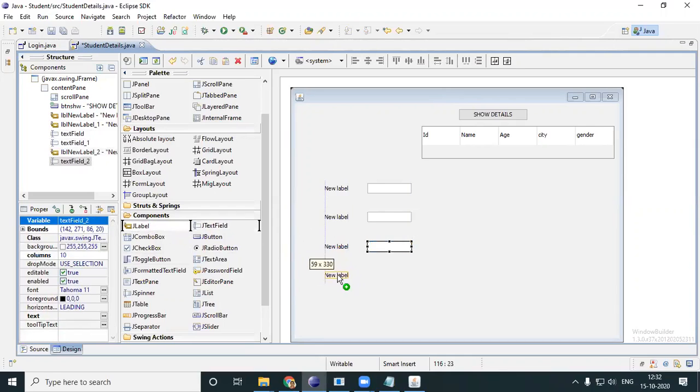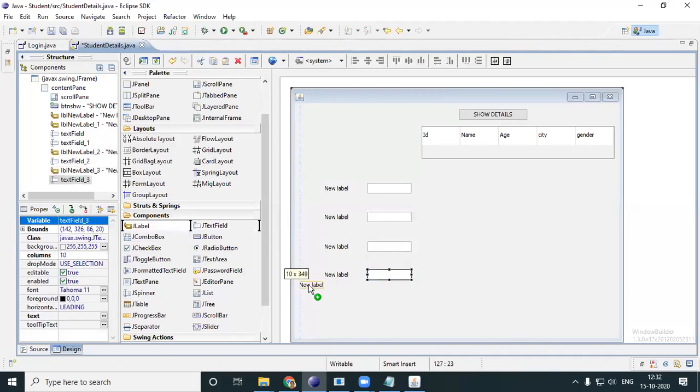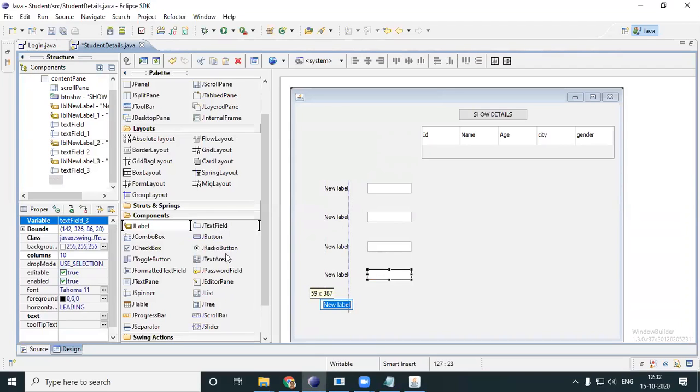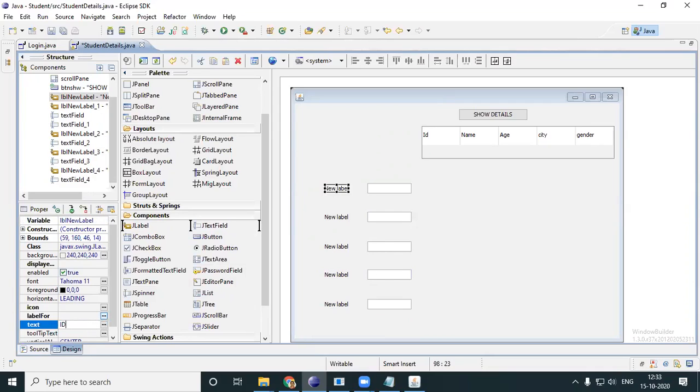Five sets I need. Okay, so first one is ID. Label ID. I'll just rename everything quickly.